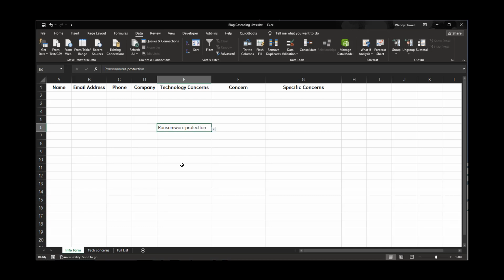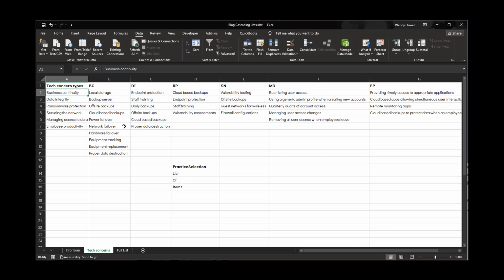protection. Okay, so that's the area that I'm concerned in. What are my specific concerns? So I already have these set up, but I'm going to show you how you would create these cascading lists. So first I'm going to go back to my tech concerns page, and the way that I'm going to do this is I'm going to select all of the data